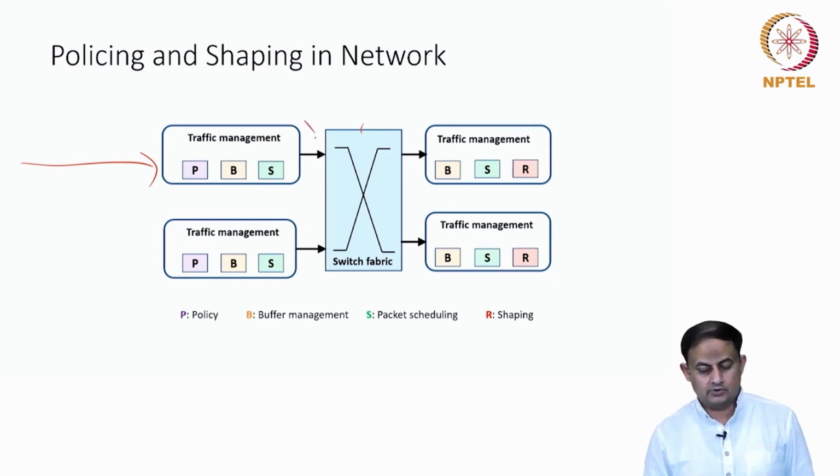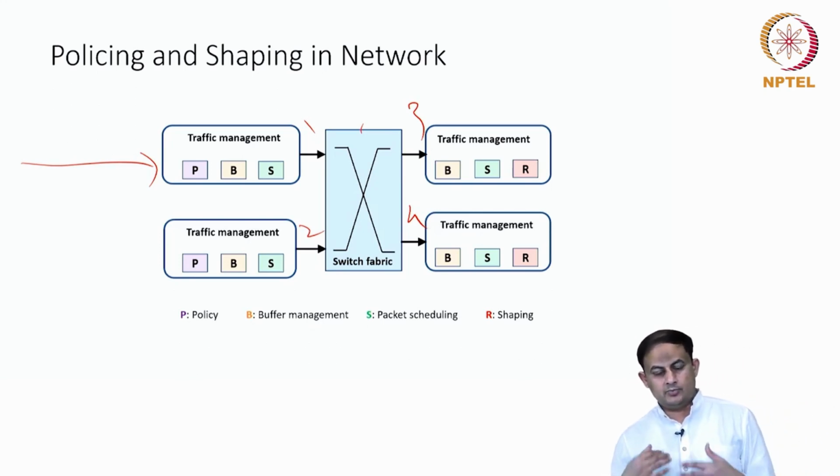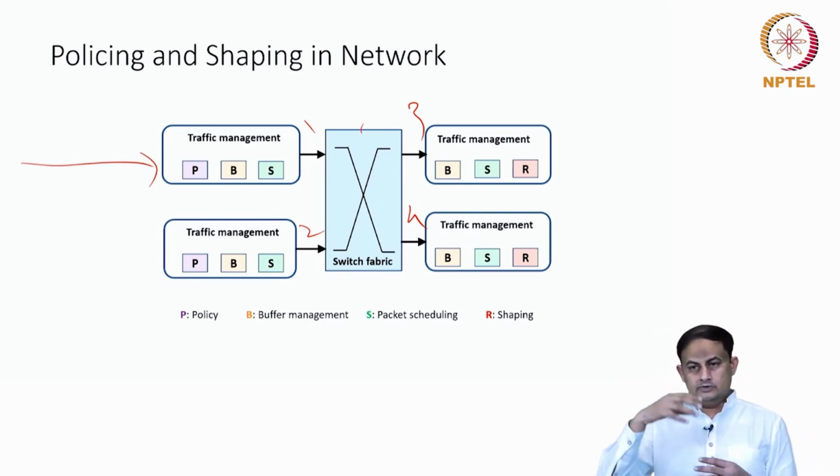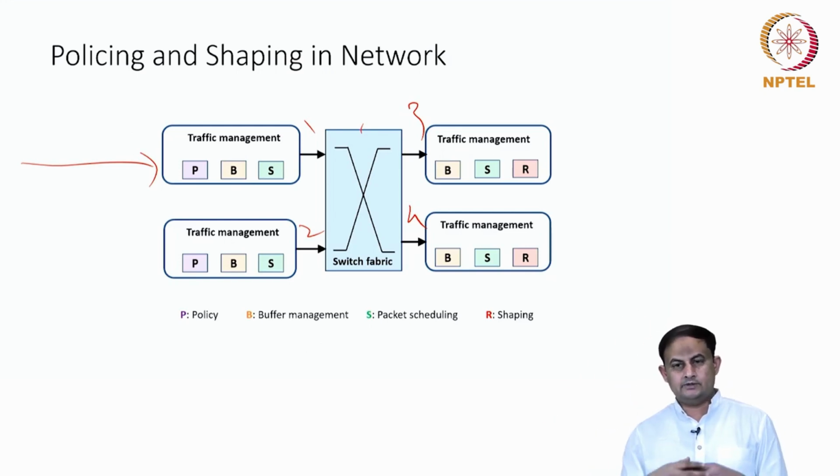Let me call these ports 1, 2, 3 and 4. For any packet arriving at an input port, the header information of that packet is consulted, and you look into the FIB information available at the input line card,